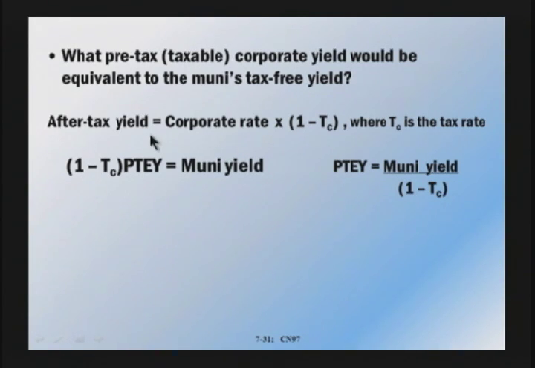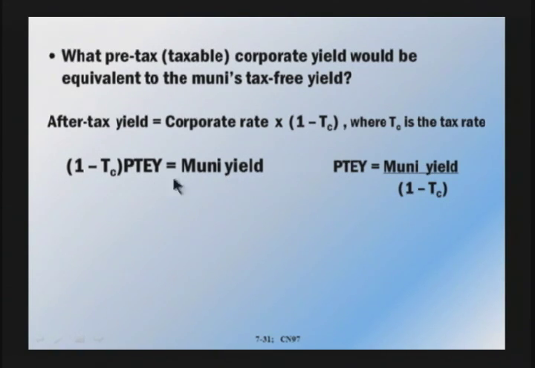The after-tax yield on a taxable corporate bond would be the rate that corporate bond provides placed on an after-tax basis by multiplying by 1 minus the tax rate, T_C being the tax rate applied to the corporate bond. So the taxable corporate rate would be multiplied by 1 minus the tax rate to give us the after-tax yield. Well, a muni yield is tax-free, so the investor keeps the entire return. And we're trying to figure out what taxable corporate yield would have to be provided when placed on an after-tax